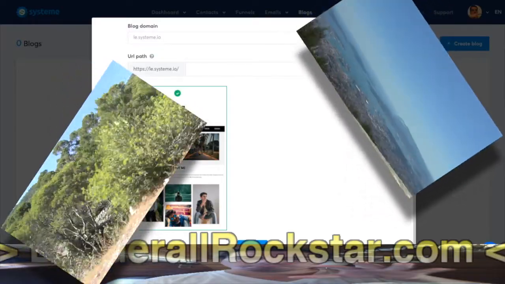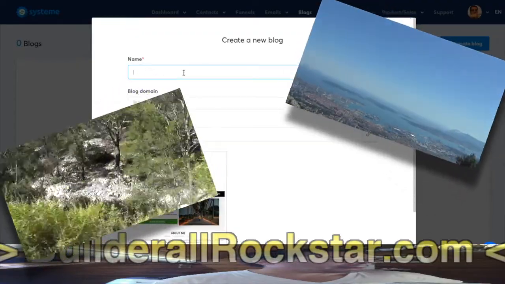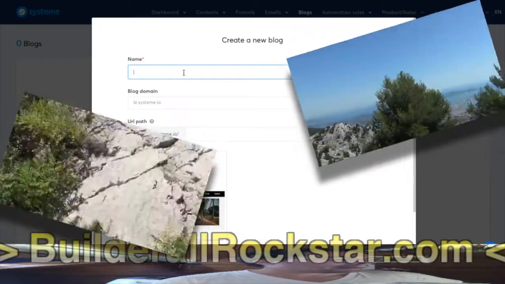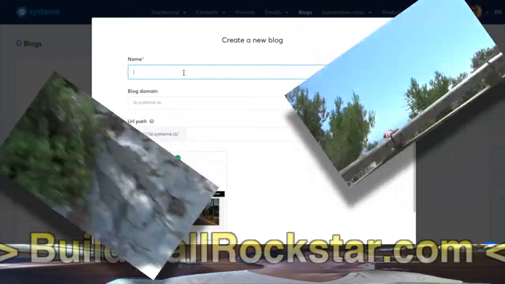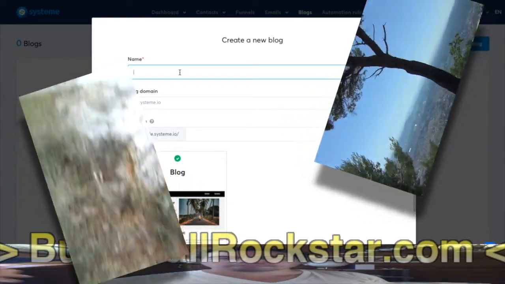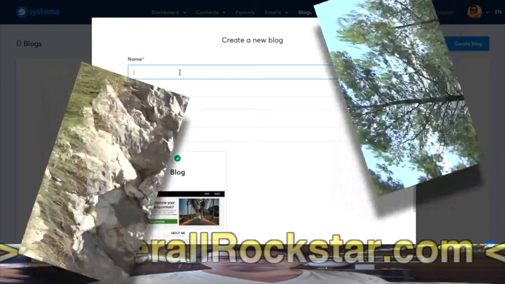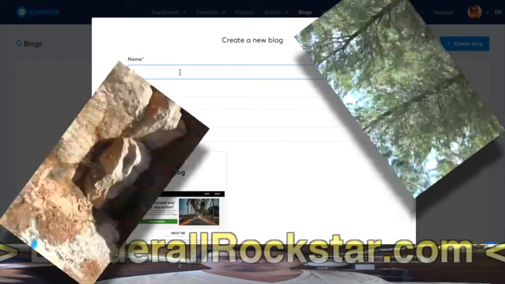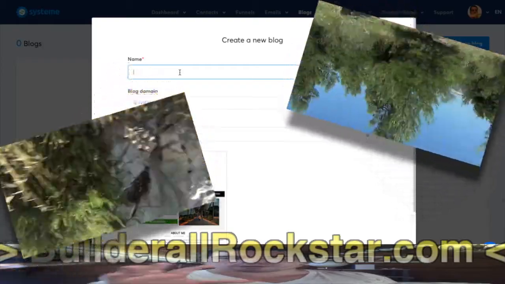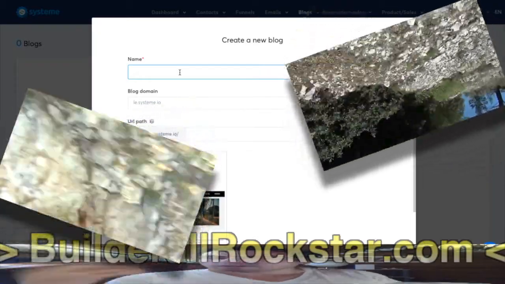So you just put the name. I haven't done a blog yet, but if I do, I would like to have an RSS feed and a sitemap also. RSS feed, because then I can use this RSS feed in order to automate publication with Zapier and many tools. You can take an RSS feed and then do actions every time there's a new item in this feed. A new article is published, then automatically it will be published on social networks or on another one of your blogs if you want.